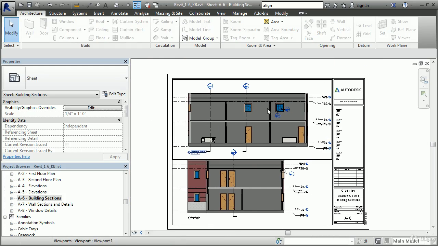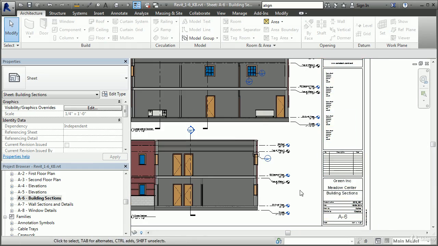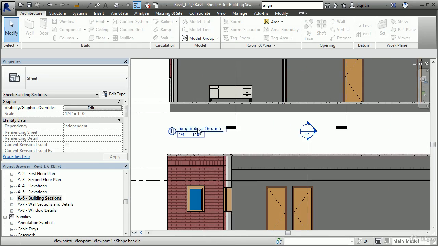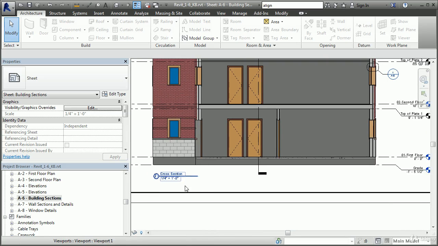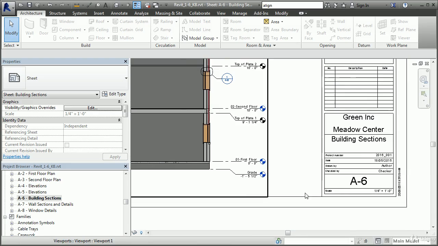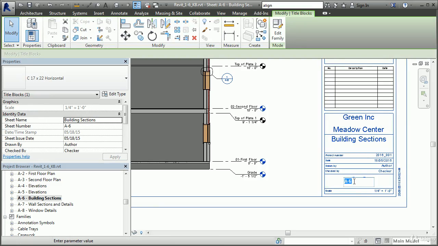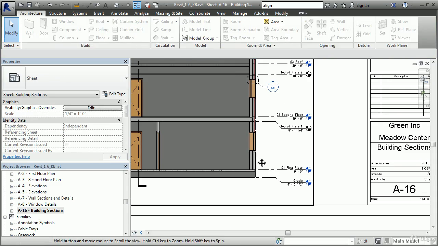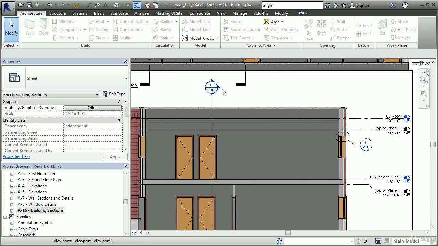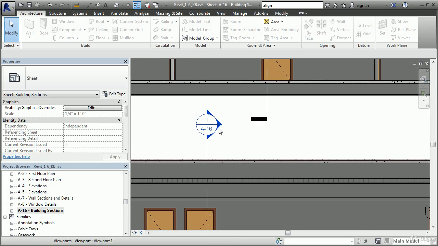And here are the 2 views that have been added to my sheet. We have one section, the longitudinal section at the top is view number 1, and our cross section is view number 2. The sheet number is A6. And if I change this sheet number by coming in here and I double click and change that from an A6 to an A16, first of all it's going to reorganize the numbering and move that sheet down to the bottom. But if I go back to my views now, we can see even here right away that this view, this second view, number 1, that's being noted in this section,